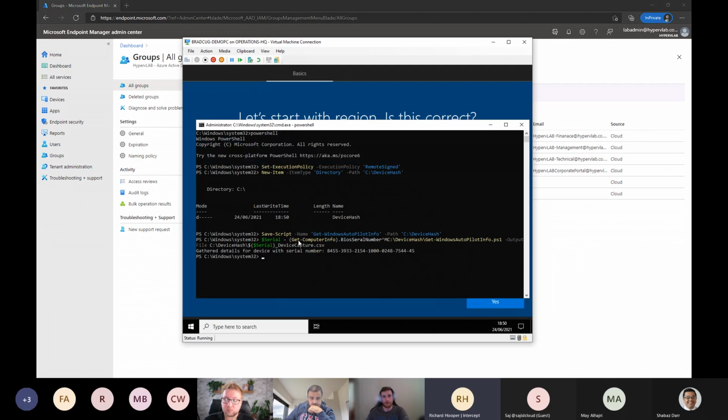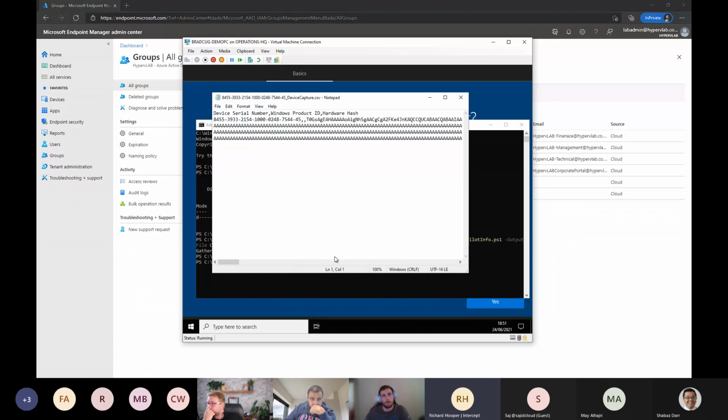What this little bit of PowerShell does is it gets the serial of the virtual machine and creates a CSV file prefixed with the serial number. So if you're putting these all in a folder to send to a client that you're looking after, or wanting to import them into the cloud CSP portal, you know which devices they are. If we have a look, the CSV file looks like this. This is the device hash, which is a massive randomly generated GUID for every device. You could then copy that to a memory stick and upload that into the portal.